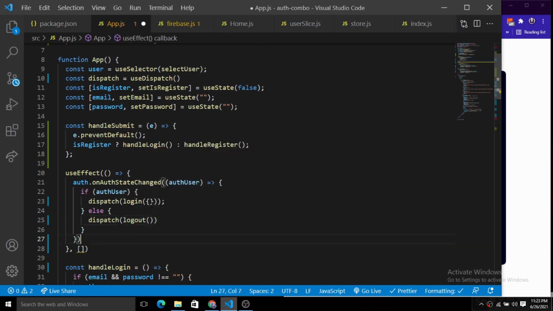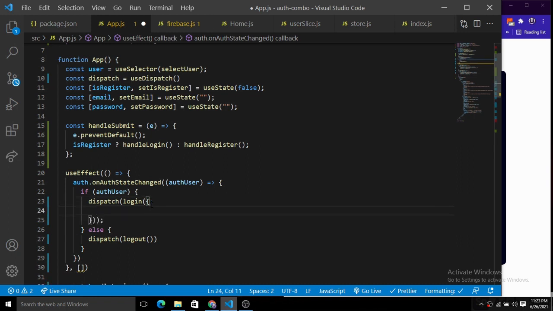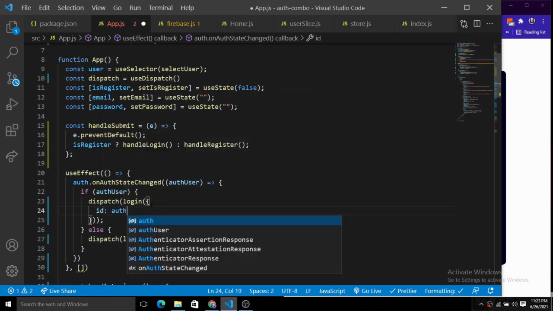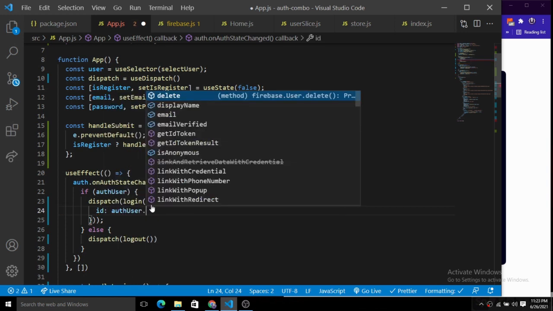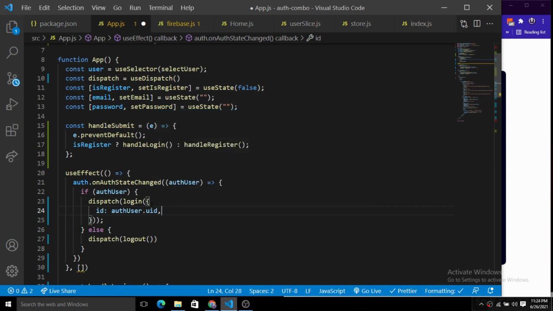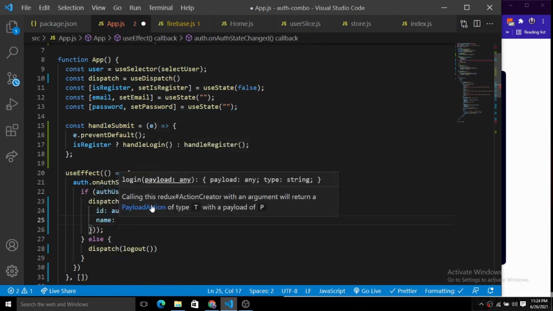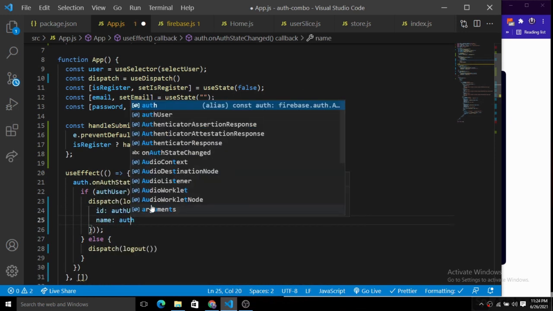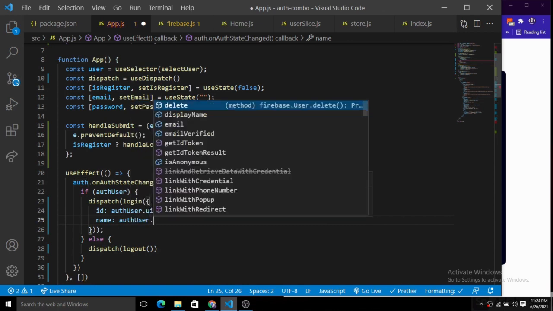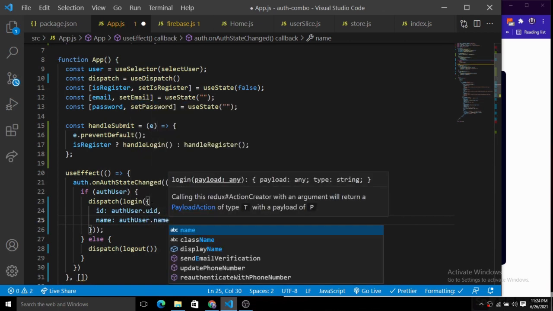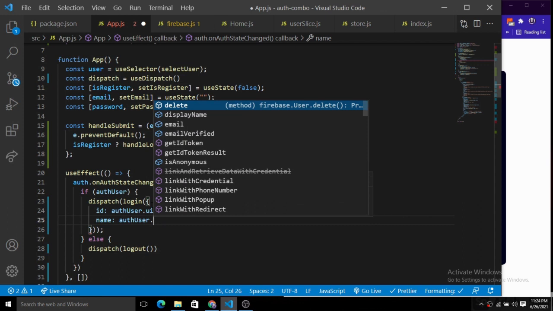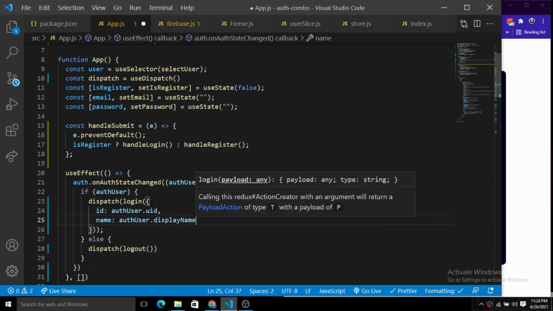Inside of this login state, we will have a payload, and the payload will have all the information. We will have a unique ID, so auth user dot uid. Then we have a name, so just provide the auth user dot display name like this.